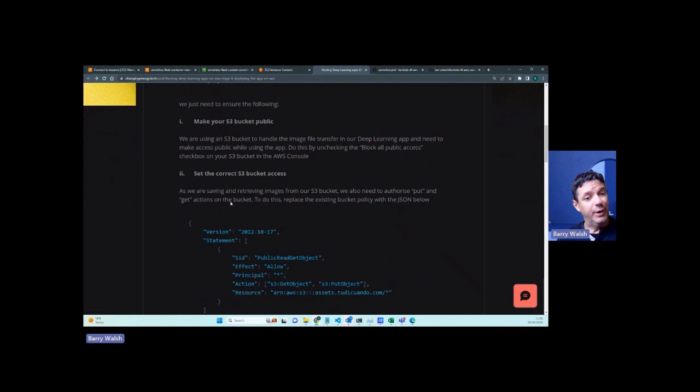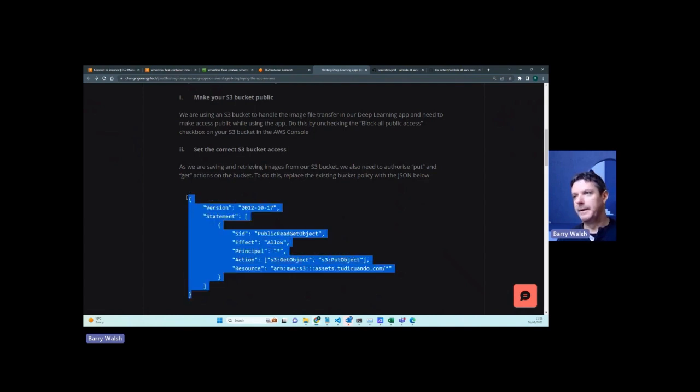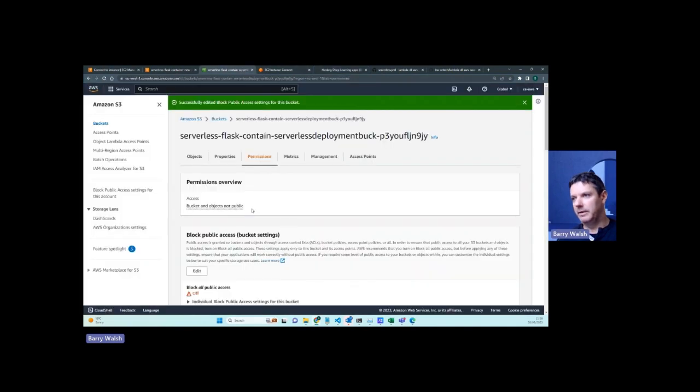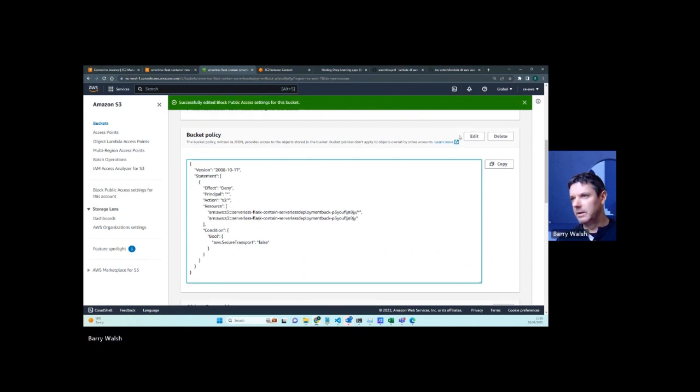We've also got to set, that's not enough here because there's an interface from S3 to the API gateway, essentially that the ECR container image uses as the endpoint. Now, those two things need to talk to each other, need to be authenticated, and therefore we need to get and put requests both to be enabled. So what you're really doing here is putting this bit of code inside the existing bucket policy. If you scroll down, you see that's the policy at the moment. We want to edit it,